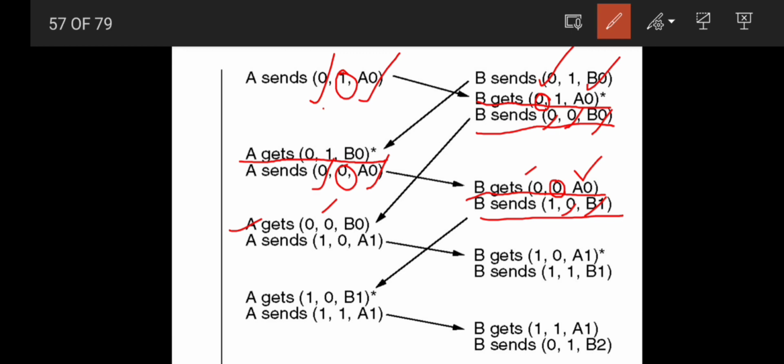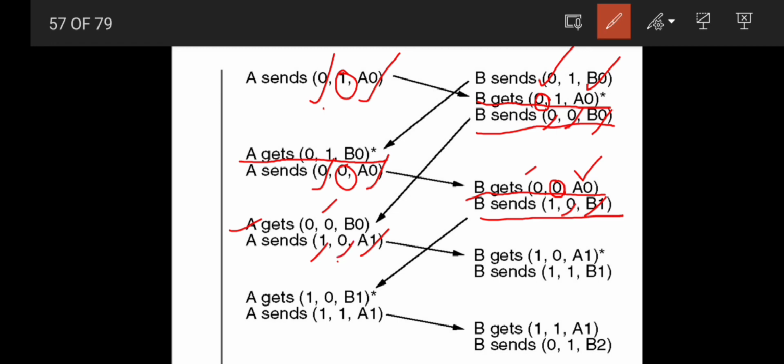So this frame also will be rejected because this is a duplicate from B, but the acknowledgement is valid now. Now A can send its second frame. Frame sequence number 1, frame is A1. Still repeating that I already confirmed your frame 0. Now you can send the next frame.